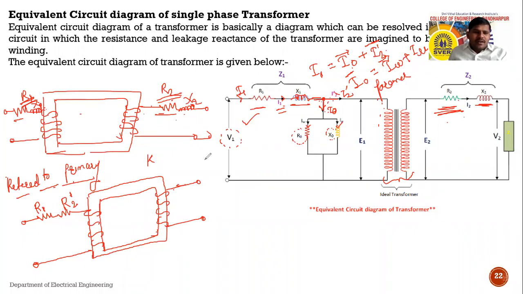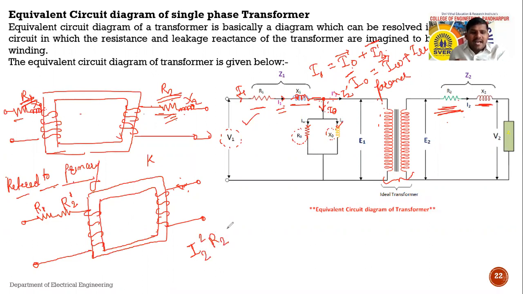So see, when transferring this value, suppose this value at the secondary side, copper loss occurs at the secondary side when R2 is present. What is the value of copper loss? It will give the same result, so the copper loss remains the same. So copper loss of the winding remains same. When the resistance is at the secondary side, it will produce a copper loss. What is the formula for copper loss? I square R. That means current flowing from the secondary side, that is I2 square R2,